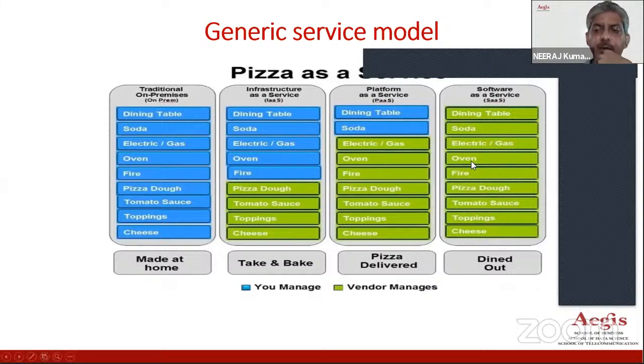Then came software as a service, where everything is outsourced. If you have to deliver pizza, starting from your dining table, soda, everything has been outsourced. You are only bothered, as a customer, about the service. You go and place your order and you get the pizza. You are not bothered about what the raw materials are, how it's been prepared, what kind of fee structure has to be. Everything has to be managed by some vendor, someone to whom you outsource the service, or someone who is providing the service of a pizza to you. So you just go and place your order and you get the pizza. So that is called the SaaS model.